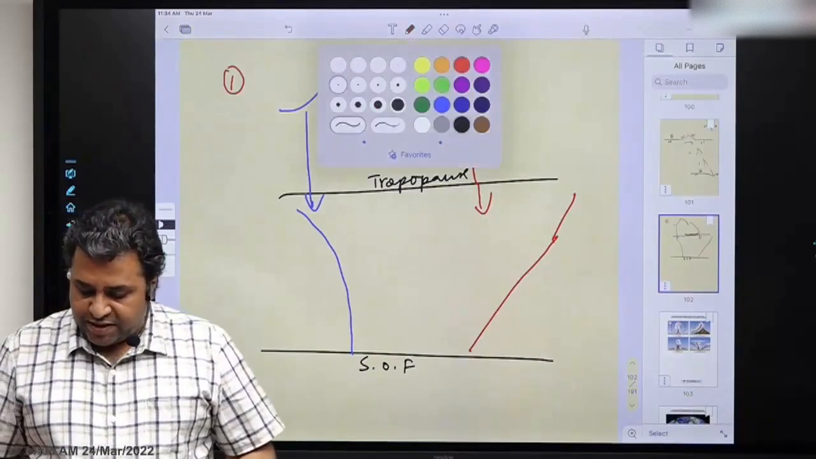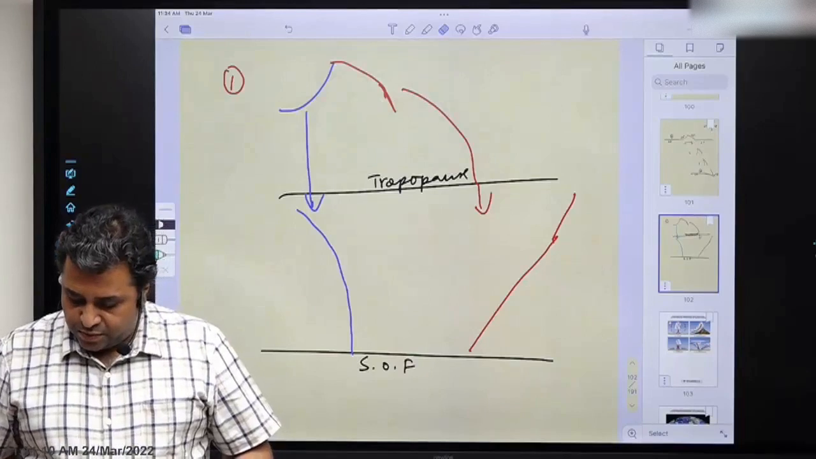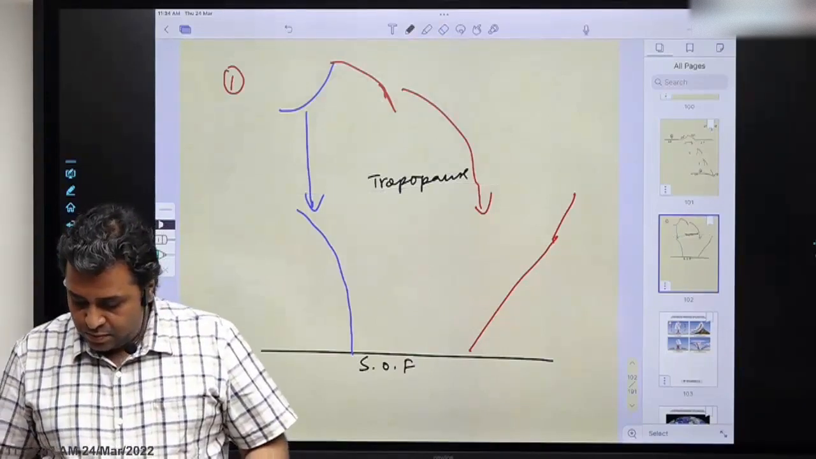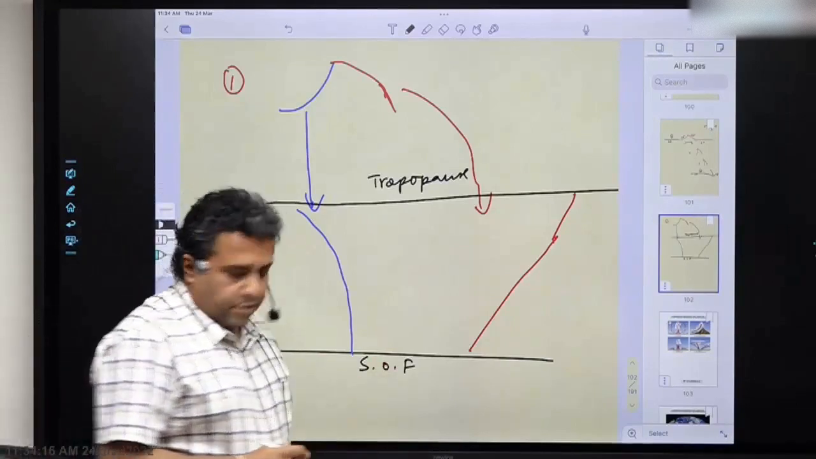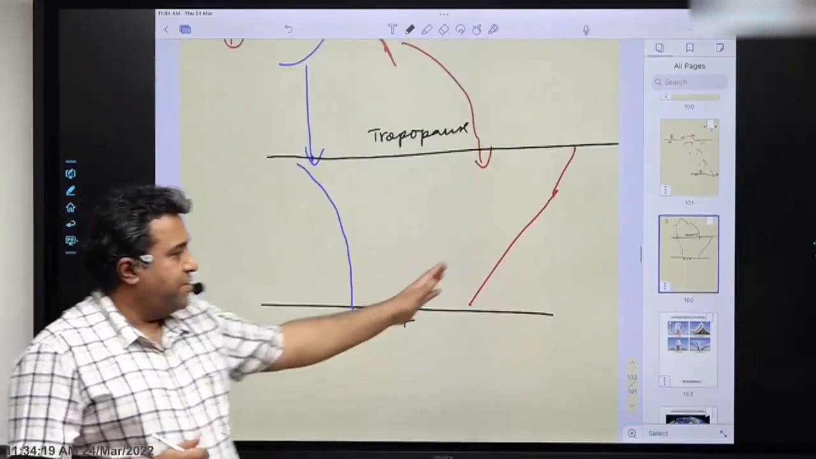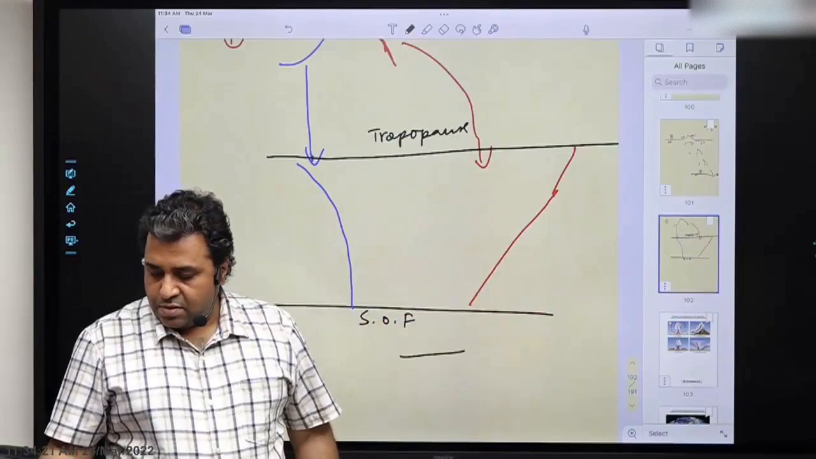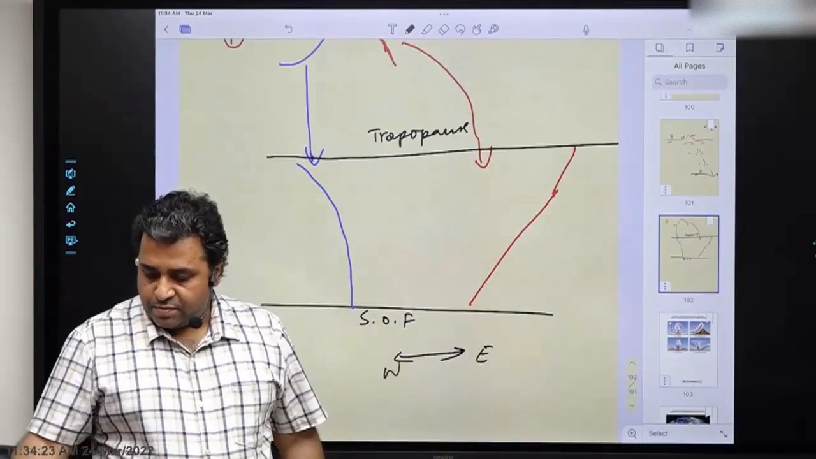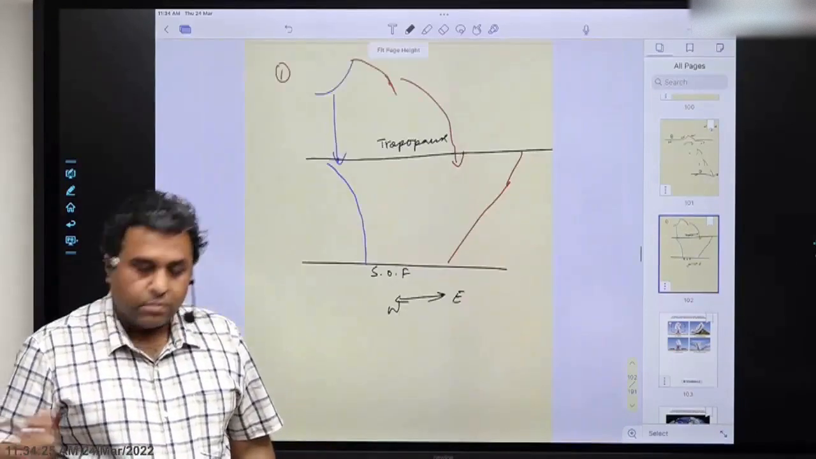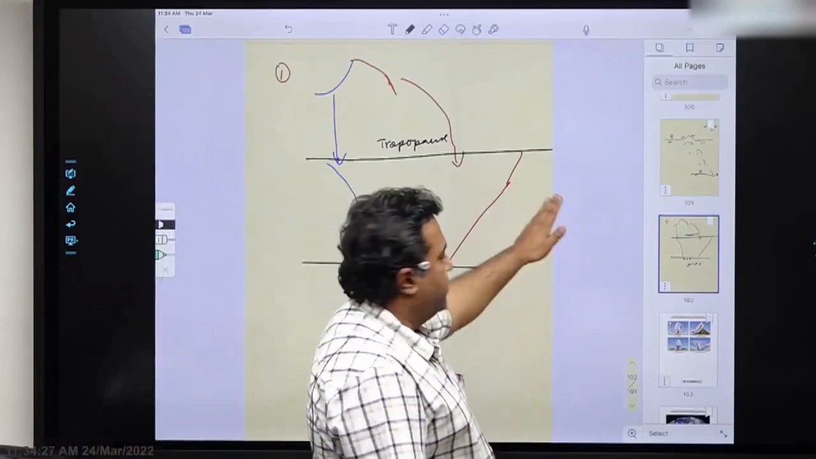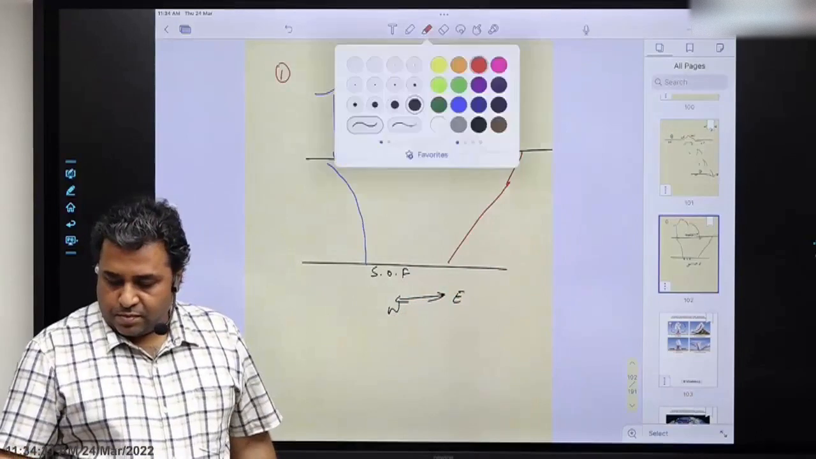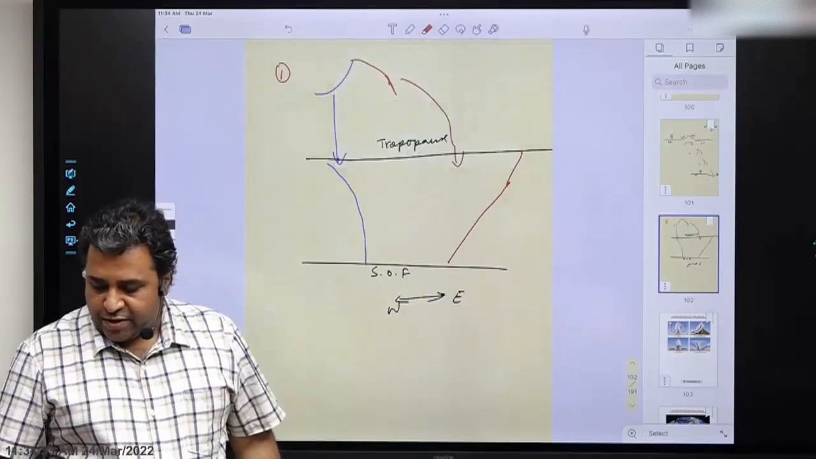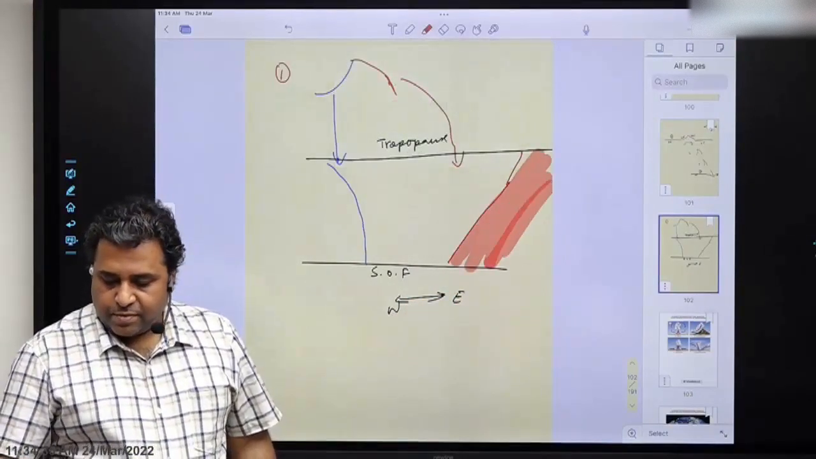ट्रोपोपॉज थोड़ा सा टेढ़ा है, ट्रोपोपॉज को भी सीधा कर देता हूं, ठीक है। So on the surface of earth and tropopause, this is the eastern and western, ठीक है। So this side what air, warm air, मुझे लग रहा है ये कुछ मतलब कुछ